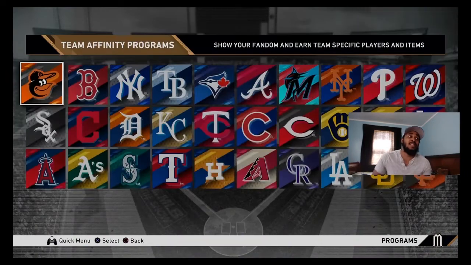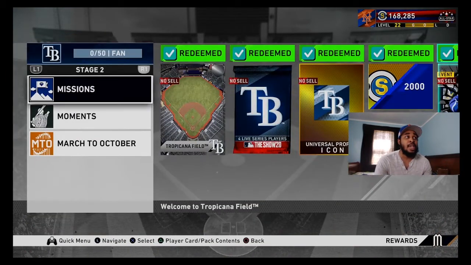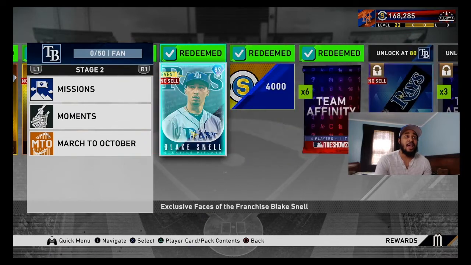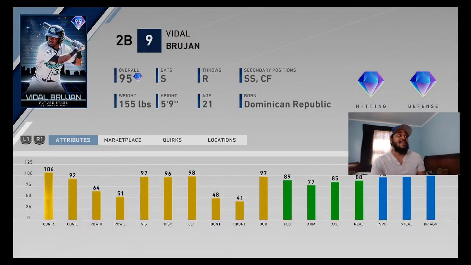Now let's talk about position players. First one I want to talk about, because you guys killed me in the comments because I pronounced his name wrong: Vidal Brujan. Switch hitting, second baseman, 95 speed, 97 vision. This card looks like he's just going to slap the ball all over the field. Maybe like a Mondesi type. He doesn't have as much power as that